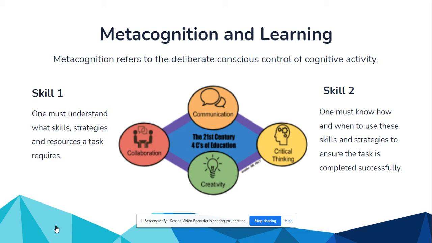completed successfully. I picked this image for this slide because, particularly in my field and what I teach, we talk a lot about 21st century learning. And these four areas in 21st century learning are a wonderful representation of metacognition. We must understand what skills a task requires. Do we need help? Is there collaboration? Do we need to communicate in a certain way? Bring in our creativity, critical thinking. And then once we know what skills, do we then know how and when to use them to complete a